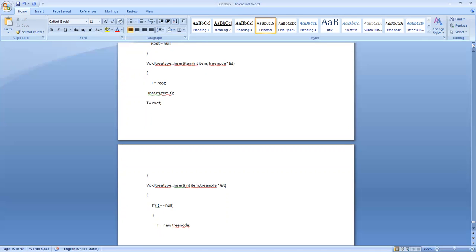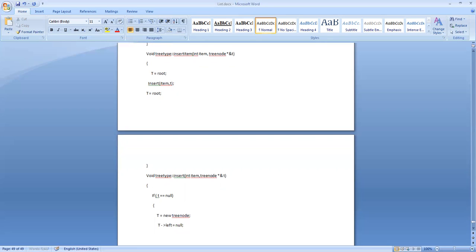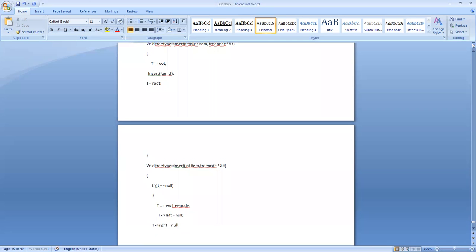When it is inserted into the empty tree, it is going to be the only node, so it will not have any left child or right child. So I set t reference left equal to null. Similarly, I set t reference right equal to null. Then I give the value of this item into t reference info. Info is equal to item.